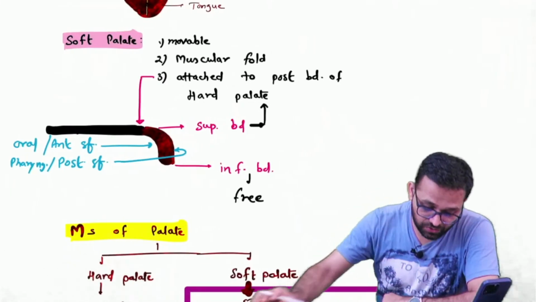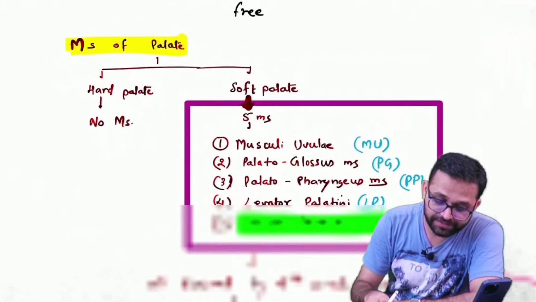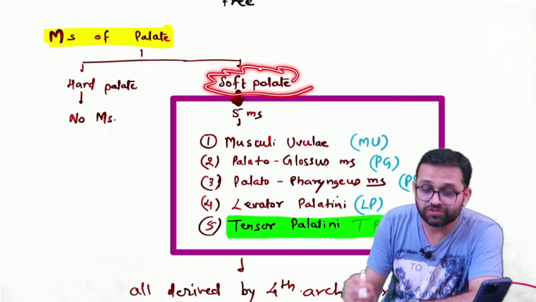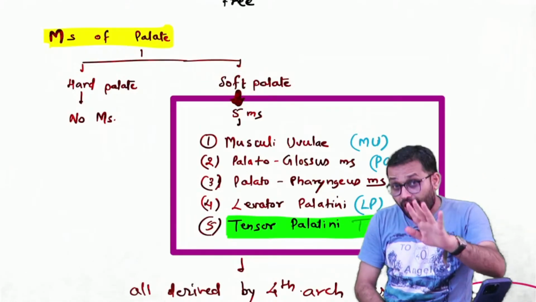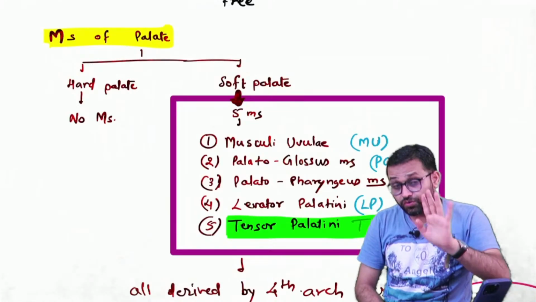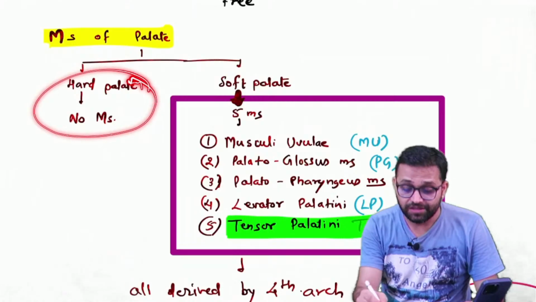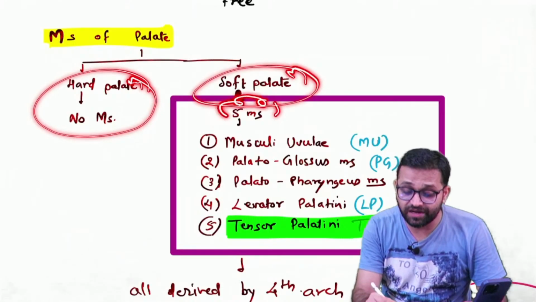Yes. So look here, muscles of the palate. Sir, there is the hard palate anteriorly and the soft palate posteriorly. So remember, hard palate is hard, soft palate is soft. Hard palate is hard because there is no muscle, and soft palate is soft because of the presence